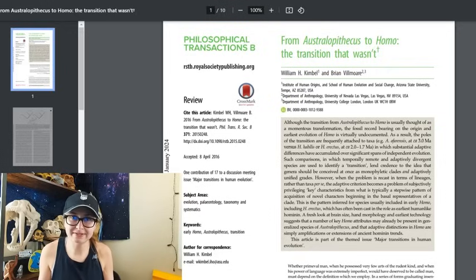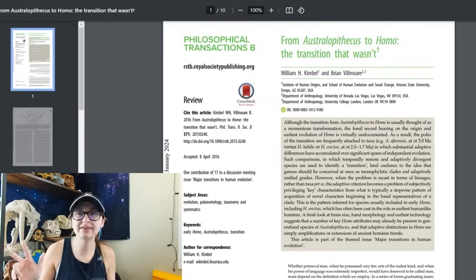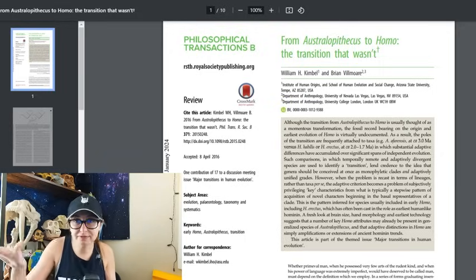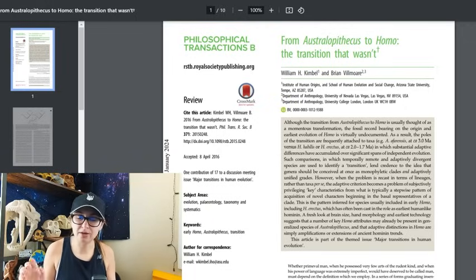And this is fair, something that I didn't mention previously, right? But let's say your criteria for genus Homo are a face that is this flat, a braincase that is this big, and this tool culture. Well, what if it had all three of those things? Like it just barely passes the threshold of a big enough brain, a flat enough face, and the most basic tools allowed, but then every other character is still Australopith-like, right? Like, where do you place it? You're privileging those characteristics over others in such a way as to make it a momentous transformation when